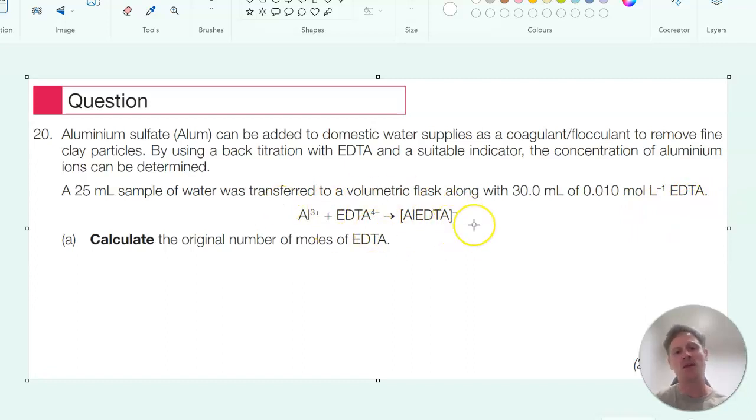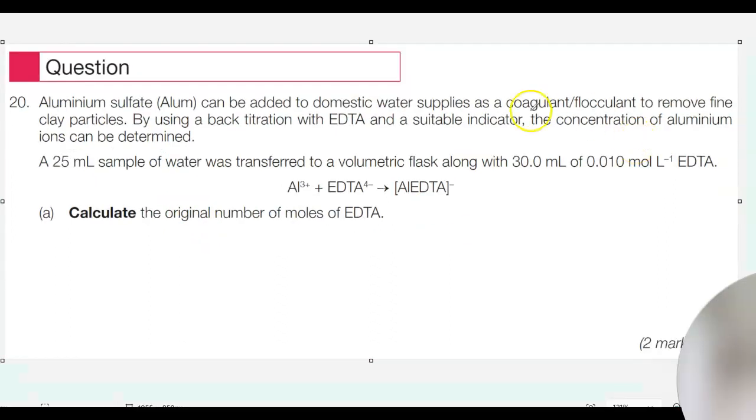And here's the equation. Now this might be a little bit confronting because you're not really sure what EDTA is. Now it is a coagulant and this is the equation. It doesn't really matter if you're not really sure what it means. We're just going to follow the same process, okay? So calculate the original number of moles of the EDTA. Okay, so the number of moles of the EDTA, so that's this and this. So we're just going to have number of moles of the EDTA